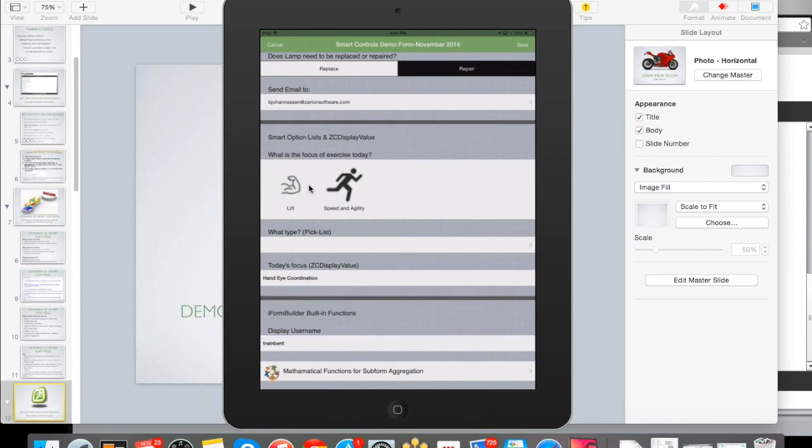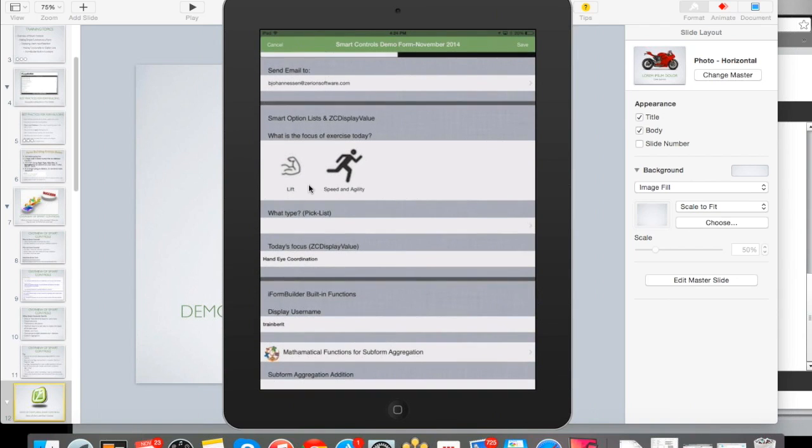Underneath this, I've used the Smart Option List and the ZZ Display Value. Another new update that we have is that you can use the ZZ Display Key, but for this example, I wanted to make sure I used the ZZ Display Value. So the question is, what is the focus of the exercise today? So if I select Lift,